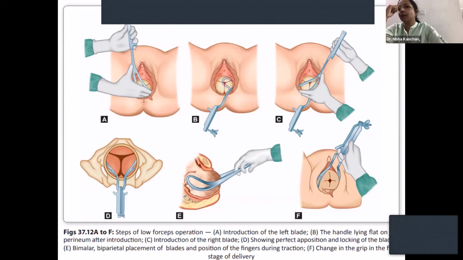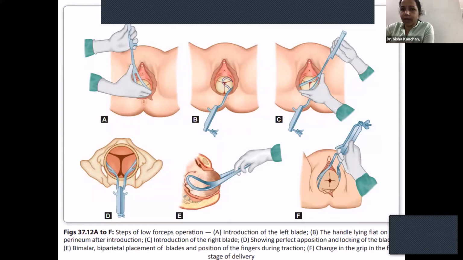So the timing of episiotomy either can be initially, or when the head is really bulging out the perineum and there is crowning, at that time you can give an episiotomy. So both can be done. And sometimes episiotomy is not required, they say. In Western cultures, they are not very much in favor of episiotomy, and they don't give an episiotomy unless it is threatening to tear. They give a good perineal support.